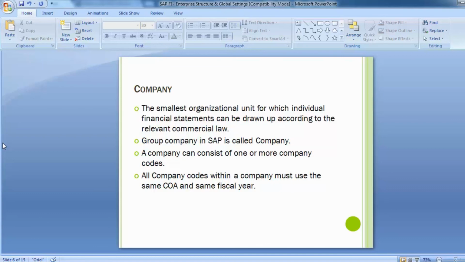Basically, in general terms we talk about a particular company as a legal entity, but in SAP there is a slight change: group companies are termed as company in the SAP system. A company can consist of one or more company codes. That means a company can consist of one legal entity, or it can have more